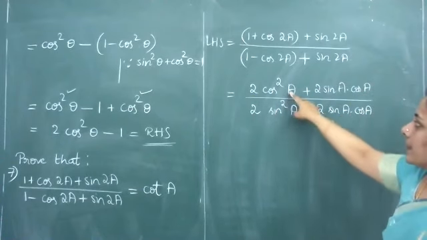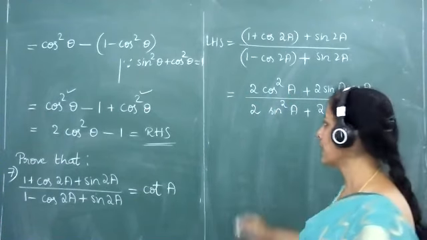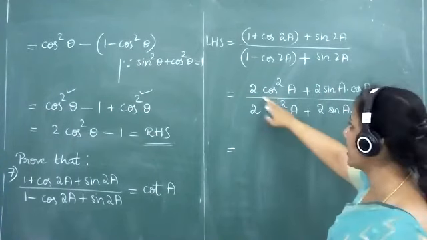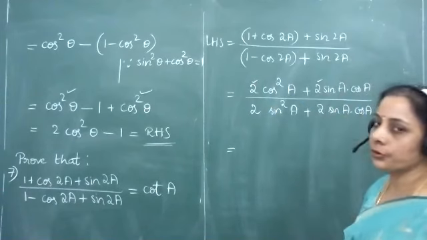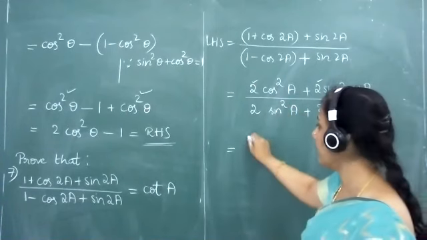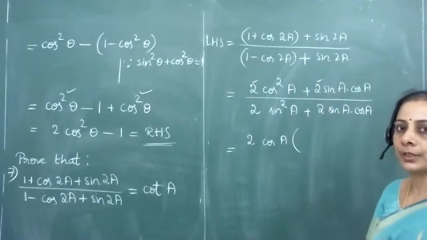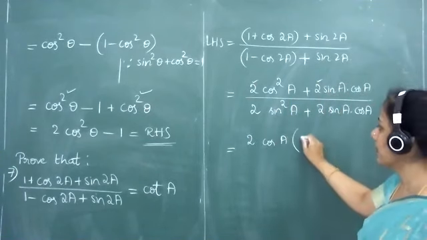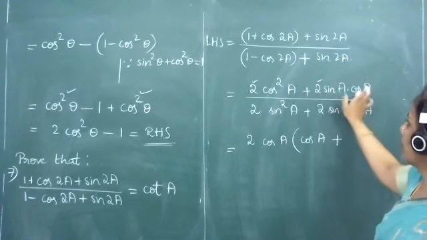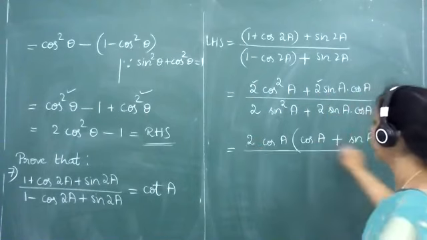Now to get these two expressions, you will have to recollect the remark that we have seen in the earlier session. Now what do we observe here in this reduced form of the fractions? In the numerator we have 2 as a common factor. I could also take out cos a as a common factor. So I have 2 cos a as a common factor to the numerator. Now the first term is left as cos a. We have a plus sign in between. 2 times cos a has come out, so only sin a will remain with the second term.